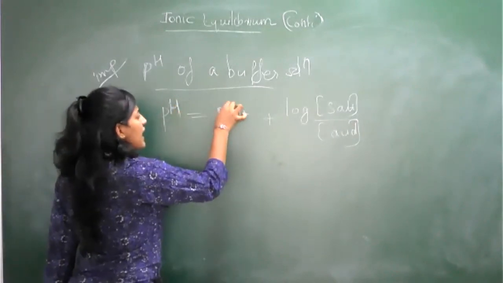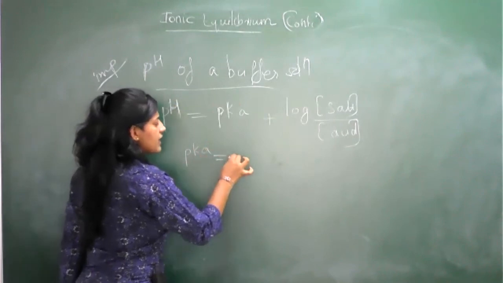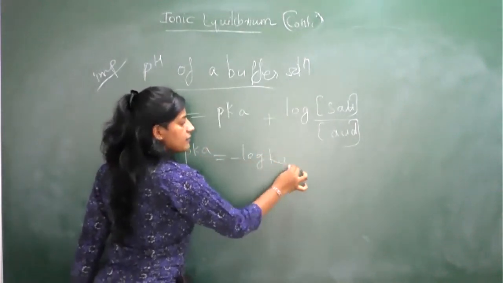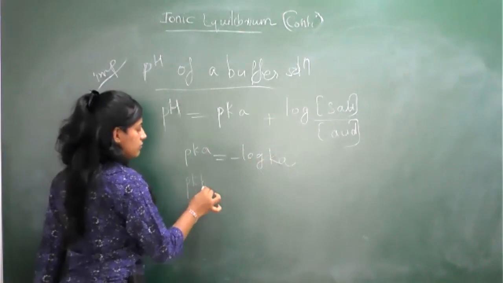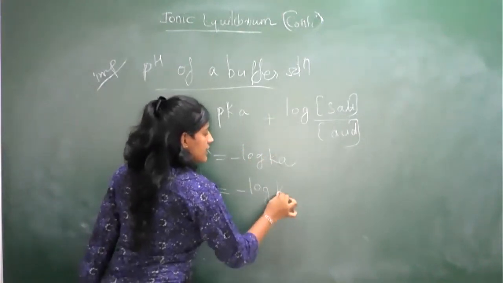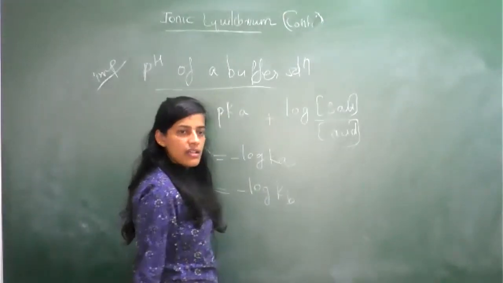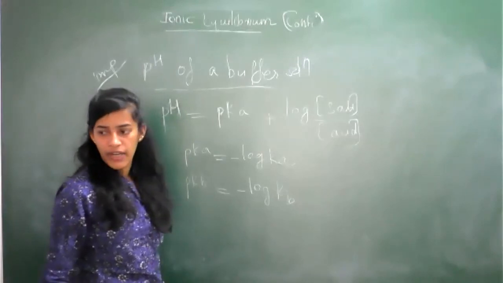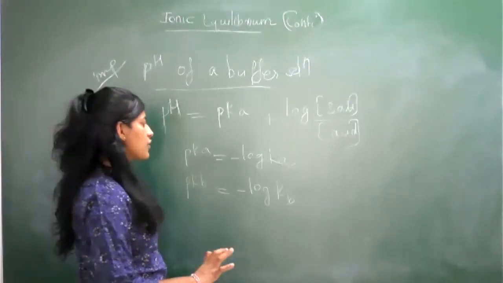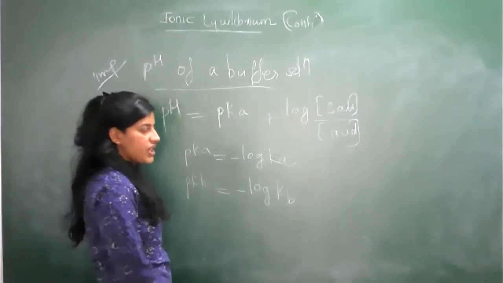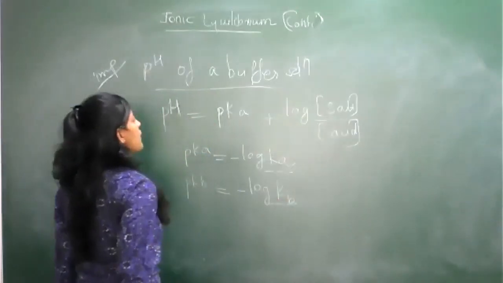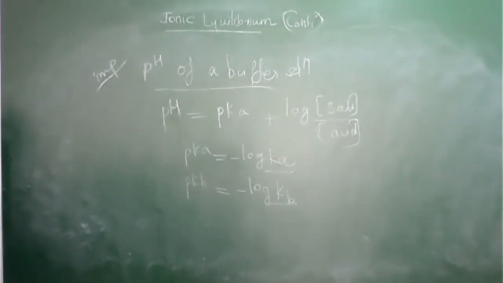Okay, so pK means what? pKa is equal to minus log Ka. pKb is equal to minus log Kb. Students, Ka you can easily find out from this kind of equation. You know how to find Ka? You know C alpha squared, you have everything, the equilibrium constant. So this is the famous equation for finding pH. Very, very important. Study it, revise it. pH is equal to pK plus log salt divided by acid.